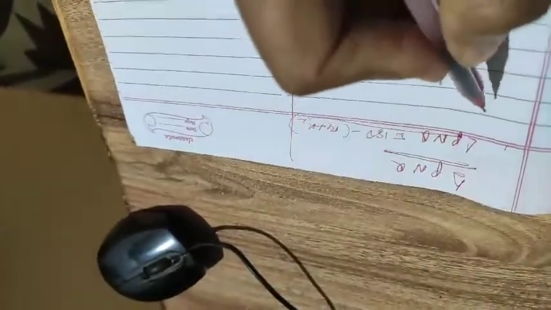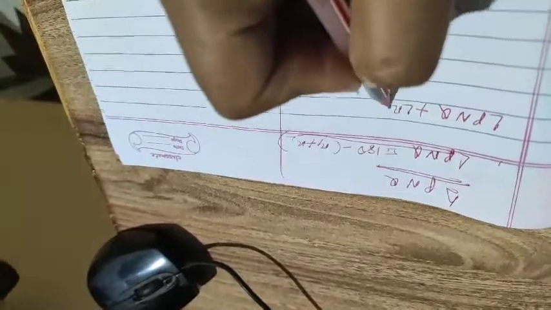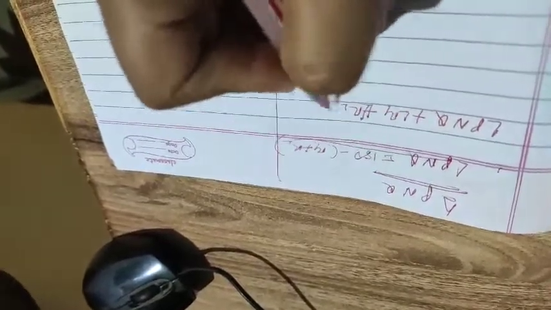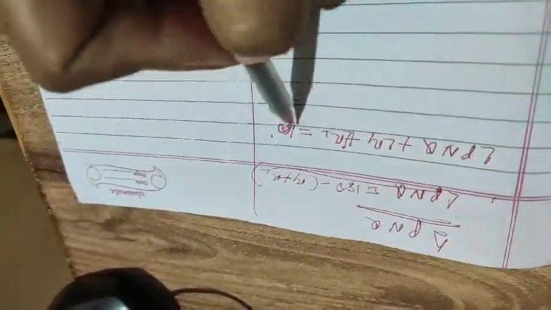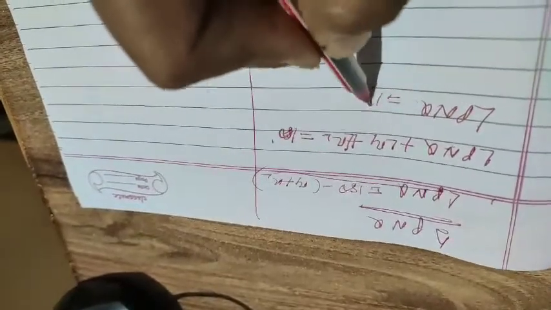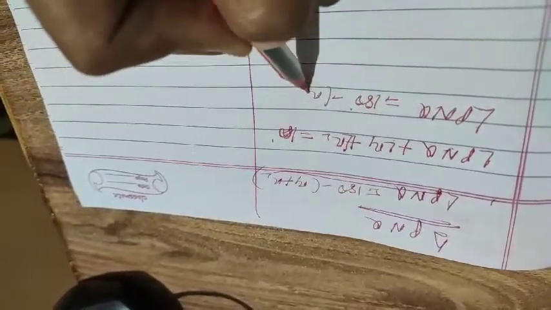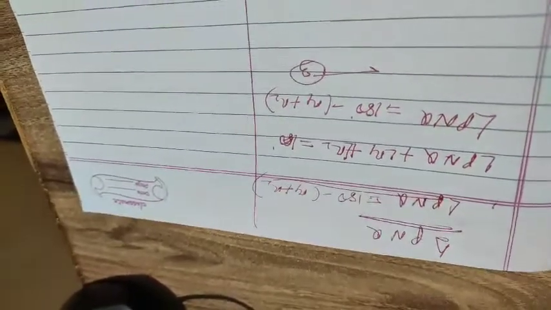Okay, if this is difficult for you, I will write in short code: angle PNQ plus angle R1 plus angle R2 is equal to 180 degree. I hope you have understood this, right? The sum of the three angles of a triangle is 180 degree. Now what is PNQ? PNQ is nothing but 180 degree minus (R1 plus R2). So you will consider this equation number 3.